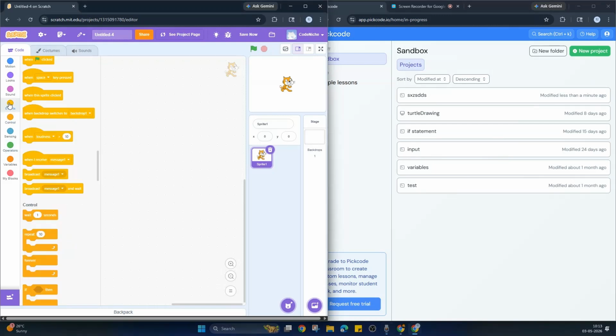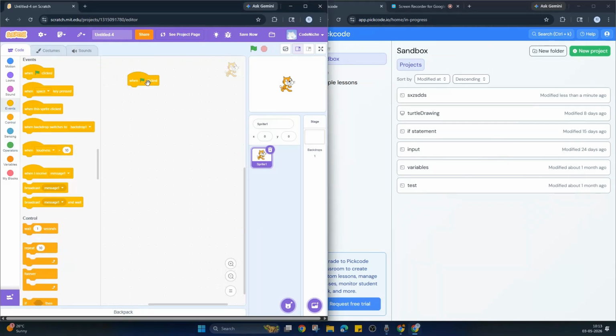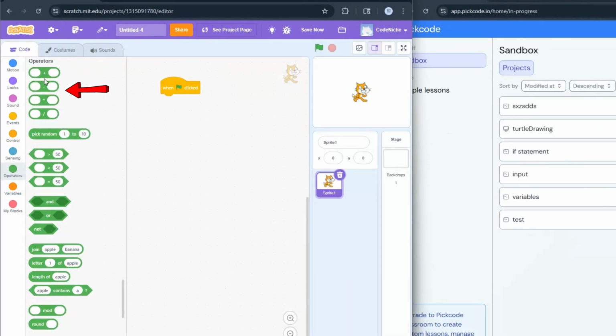Green flag click, because without this nothing is possible. And then we will go to operators. So when we click on operator section, we have different kinds of blocks. Here you will see these 4 operators, which are arithmetic operators. They do have the